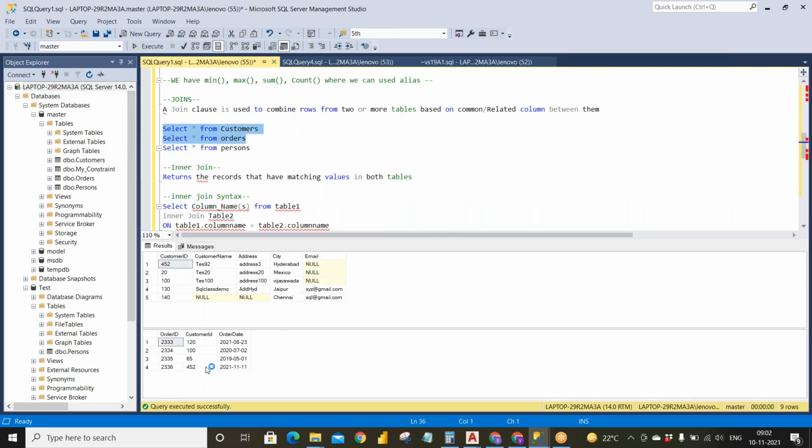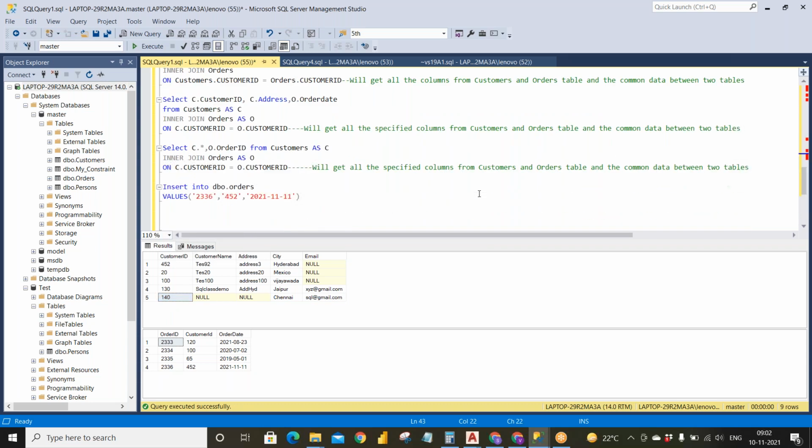See, 452 row has been added. And let's also add one more, which is 453, which is not common in both. We can use that later point.